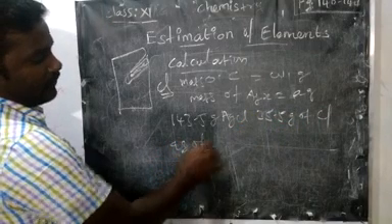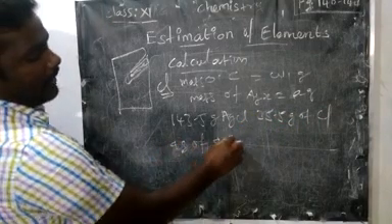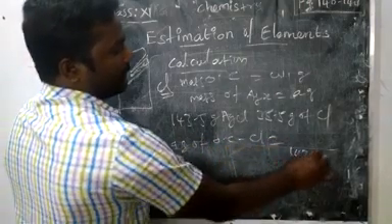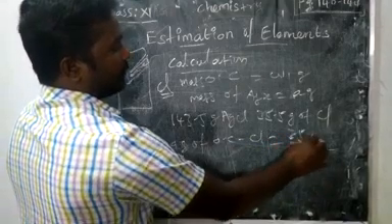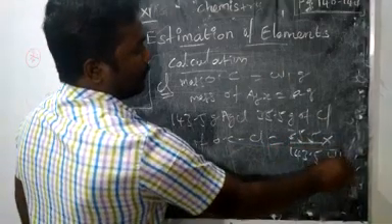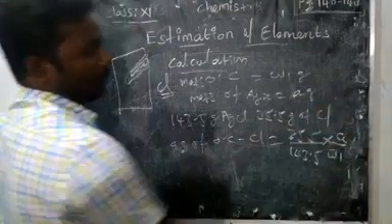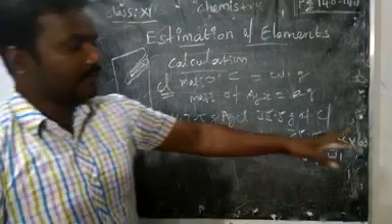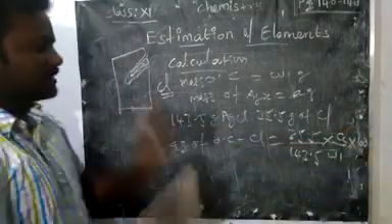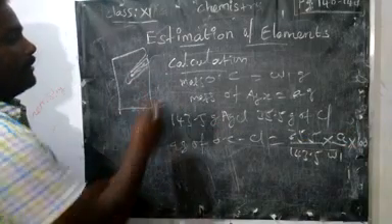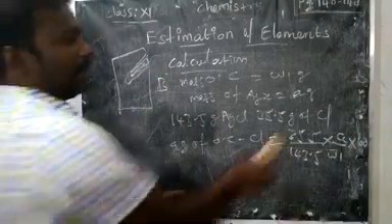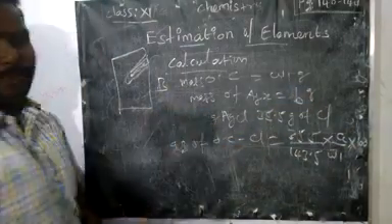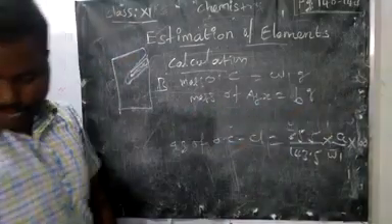A gram of organic compound containing chlorine: if you take 143.5, it will give 35.5. Then if you take W1, it will give A amount. For percentage, we have to multiply with 100. The same we can use for bromine. If you take bromine, we can use B. Then we will have bromine mass, meaning this line will change for each one.